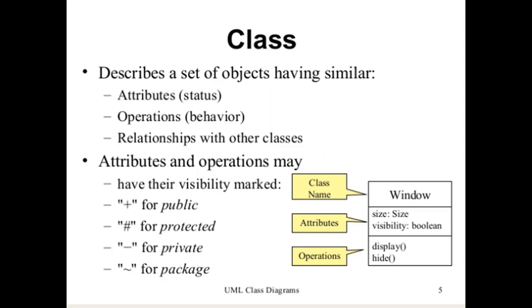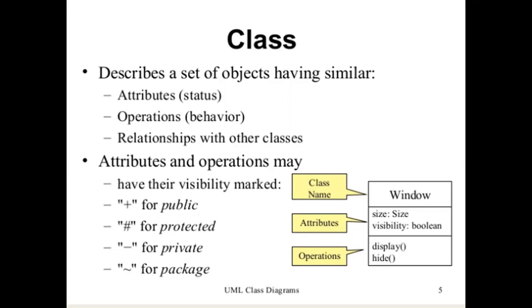Next, second one is operations. The operations mean the behavior of the class. It represents what operations are performed by the class. Suppose in Java language, operations simply mean functions. In Java, the class has attributes and operations. Attributes mean variables and operations mean functions. Same in UML, a class has attributes and operations. Operations represent behavior. The behavior means different types of functions. An operation is an abstraction of something an object can do. It is what operations are performed by the object or class.